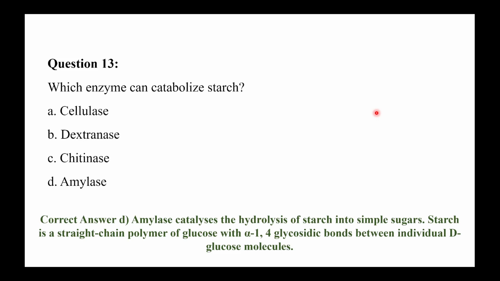So I have discussed glycosidic bonds in one of the previous sessions. So I hope you know what alpha 1,4 and beta 1,4 glycosidic linkages are. So starch is made of glucose, which are connected by alpha 1,4 glycosidic linkages, and these bonds are broken down by the enzyme amylase. Okay, they can hydrolyze these alpha 1,4 glycosidic bonds. Okay, any question or any doubt?